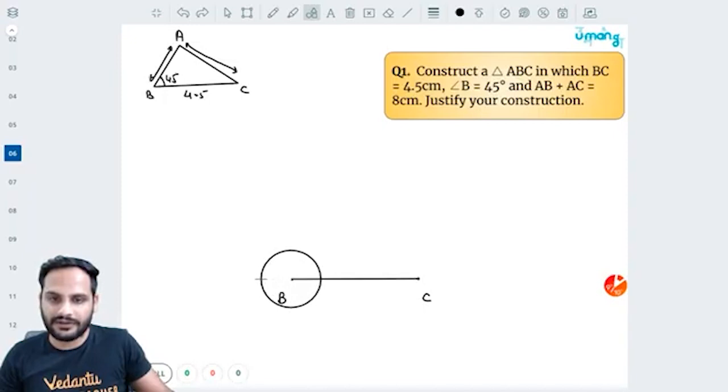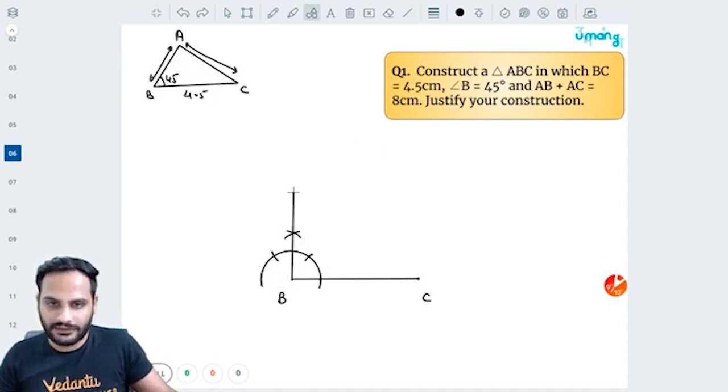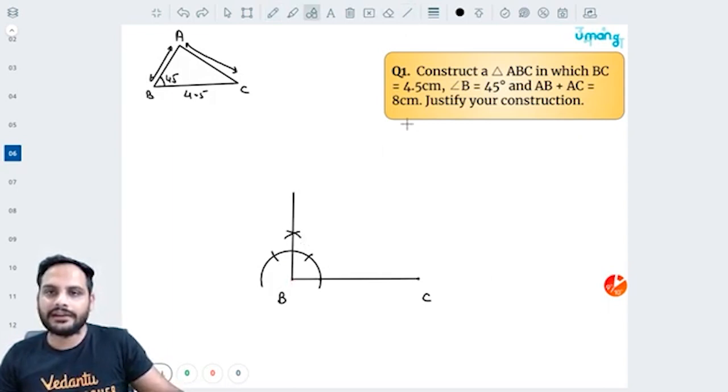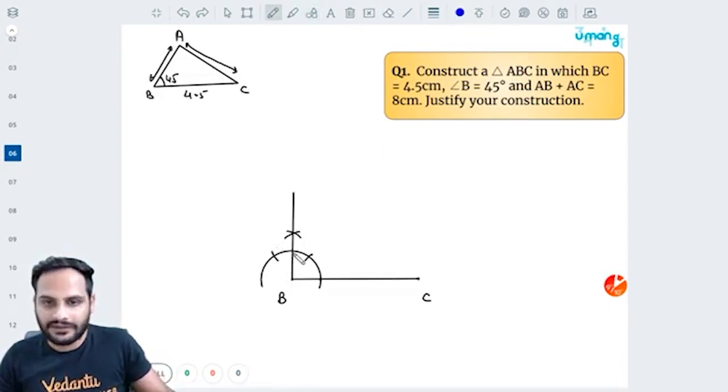One semicircle we have drawn over here. If I keep the same angle, the first cut will give me 60 degrees, the second cut will give me 120 degrees, and the intersection point of both will give me 90 degrees. So this is going to be 90 degrees. The bisector of this 90 degree angle will give me 45 degrees.